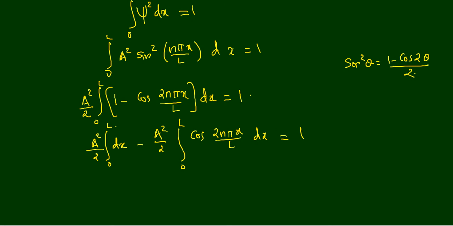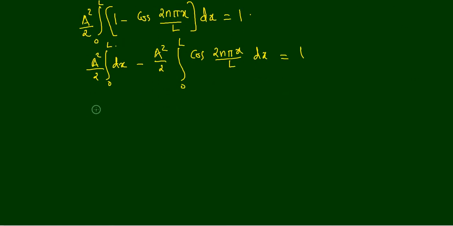Okay, that means a square by 2 integral 0 to L dx, that is equal to x from 0 to L, minus a square divided by 2 integral cos 2n pi x by L, that is equal to sine